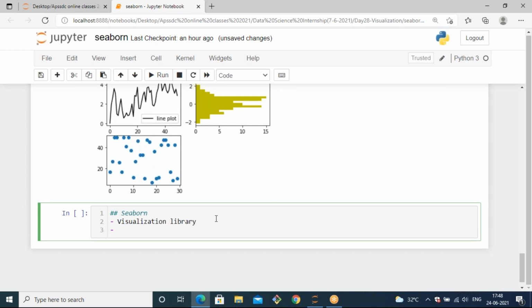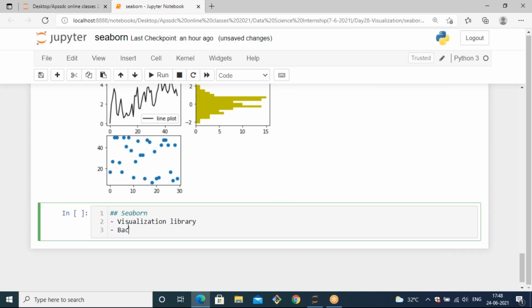To visualize any plots in Seaborn, in the backend there is Matplotlib to visualize something.